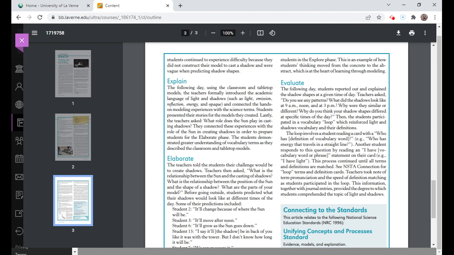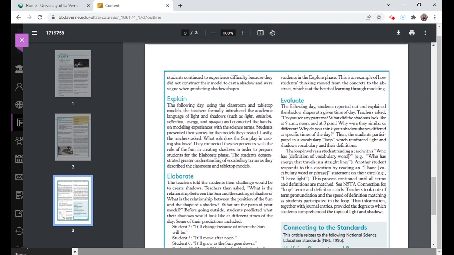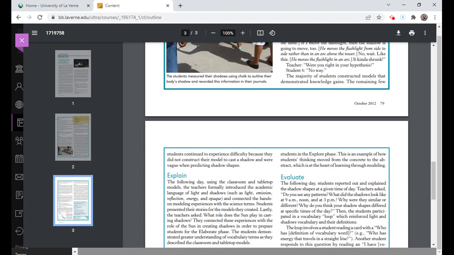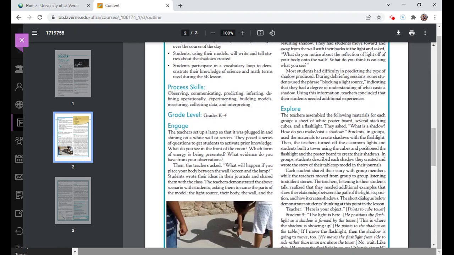I feel like overall this lesson was very informative when it comes to shadows, and I never did any lessons or activities with shadows and lights before when I was in school, so this lesson plan really caught my attention and I felt would be perfect